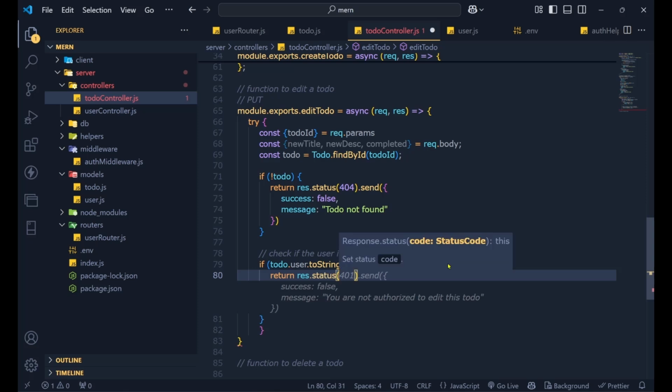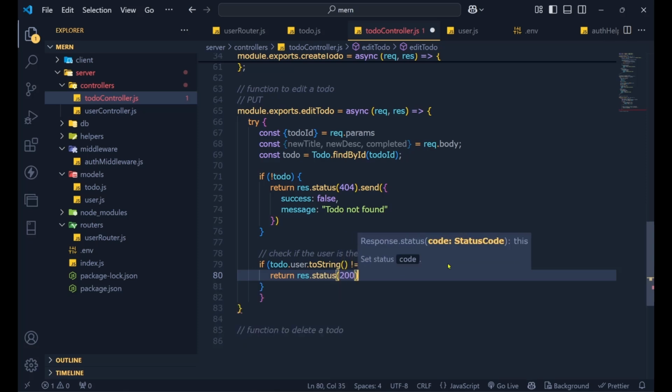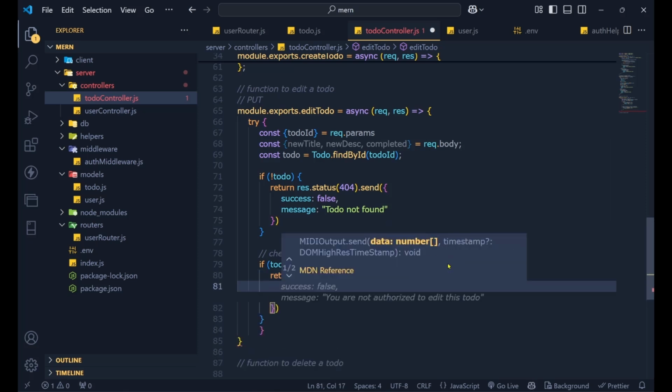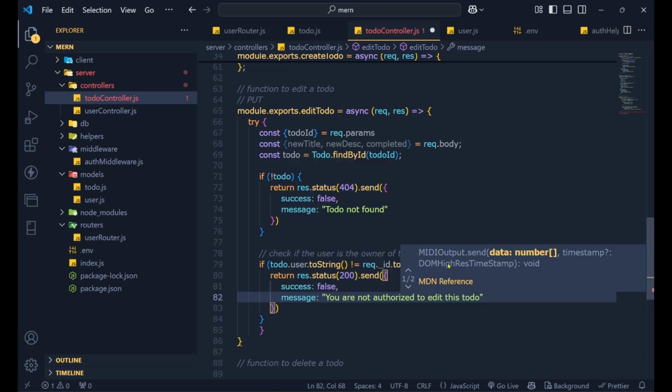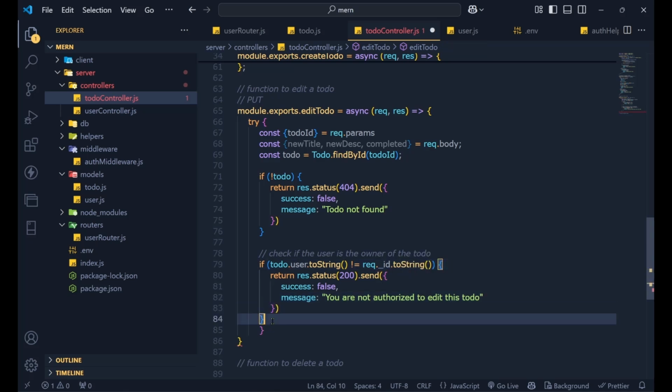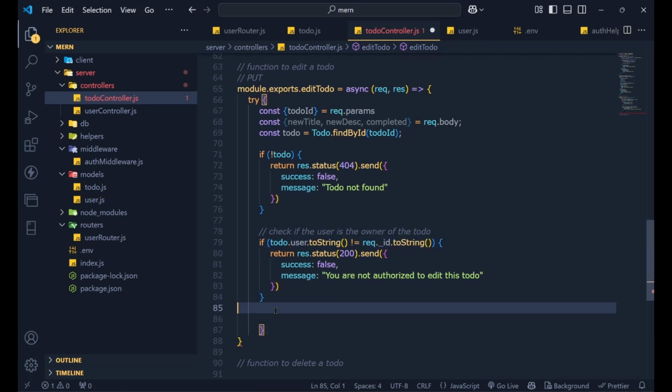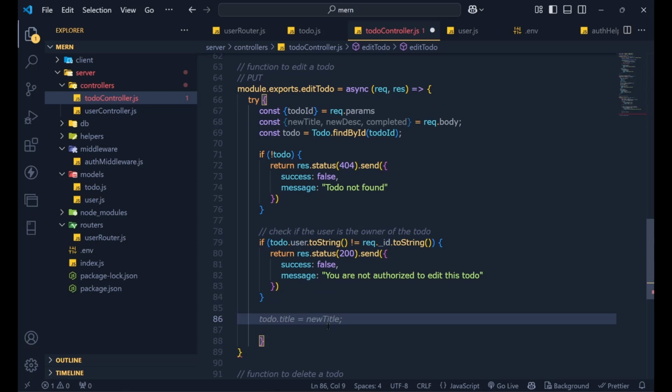This time we know that it's the right request. I'm going to make it 200 and then in send I am going to say something like success false and you are not authorized to edit this to do. I will simply say that. But if this is the current owner, if we don't find any error in this thing,